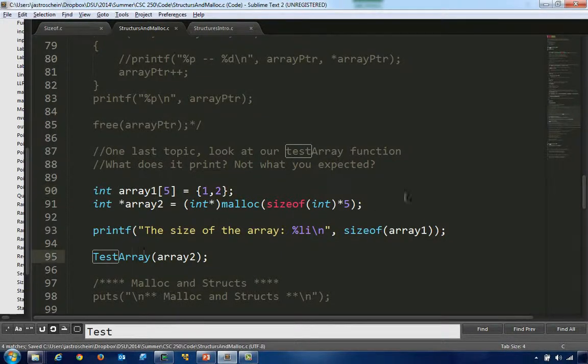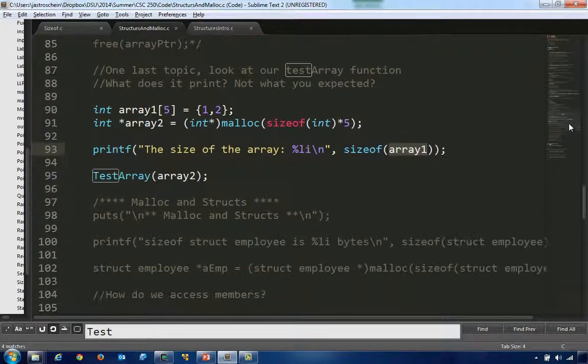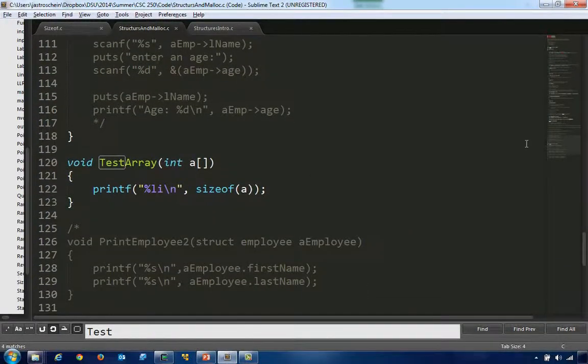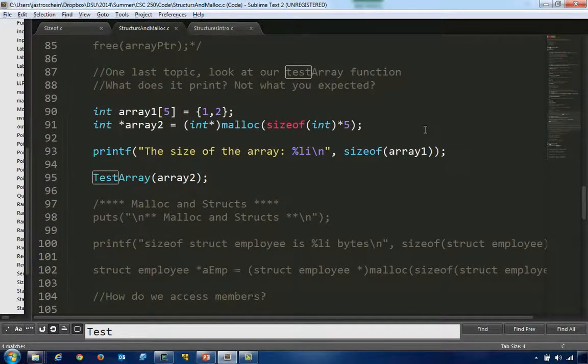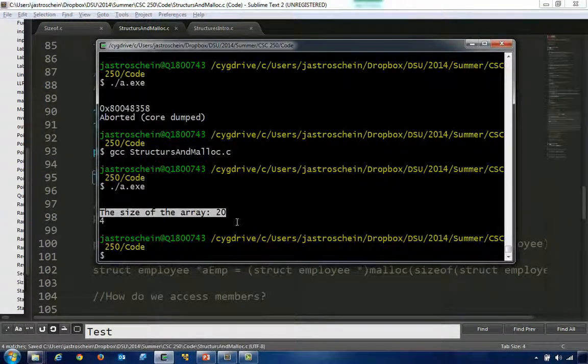Now, if we look at the test array function, what we're looking at is essentially doing the same thing. I'm going to print off the size of the argument, or the variable for that array. So if we go back down here, here's the array, here's a, and I'm just printing off the size of a. Well, you already saw the output, and what was it? Well, it was 4,